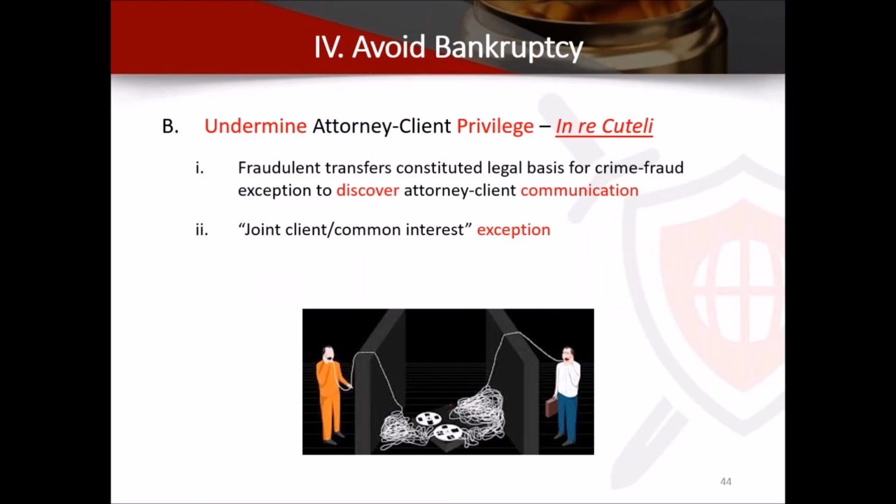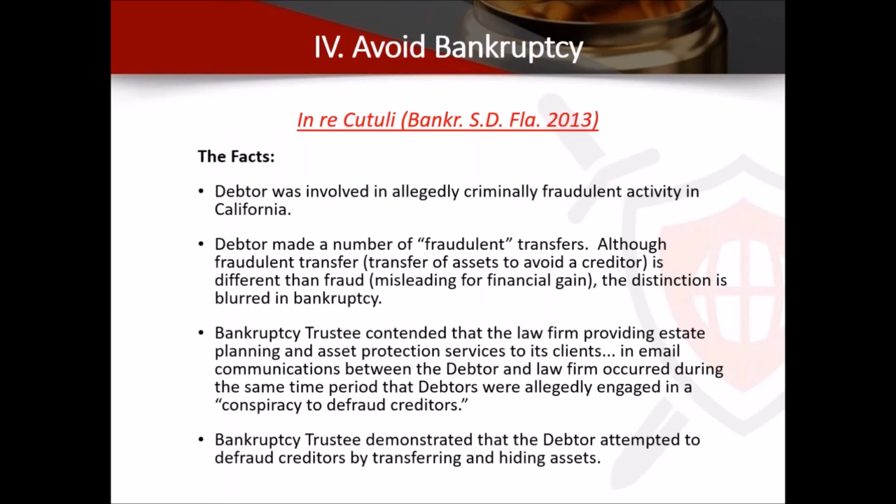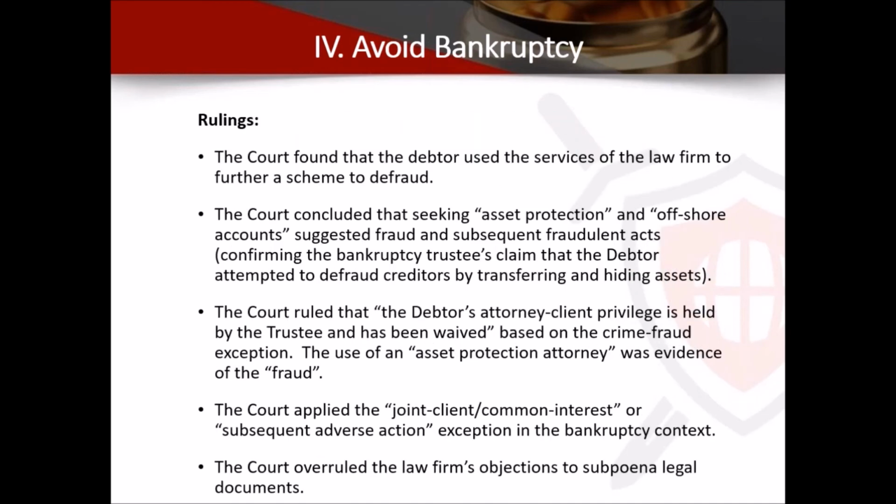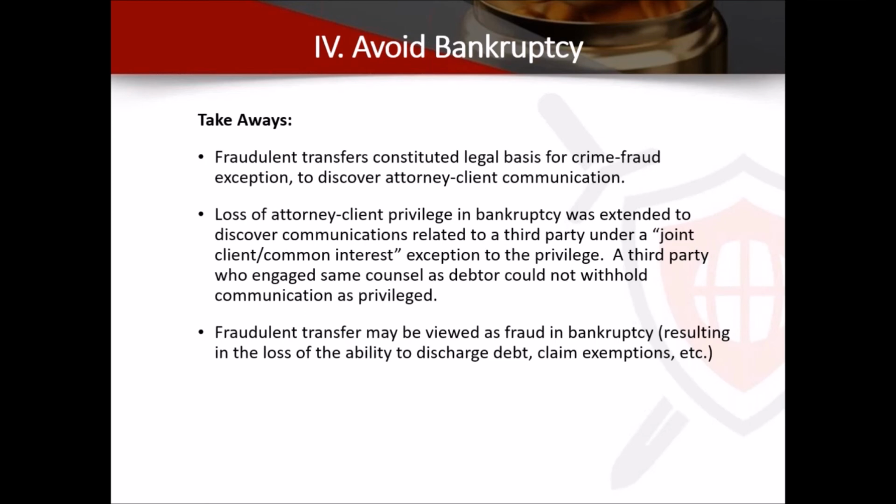I had mentioned in the Catulli case, if you do crimes, if you do fraudulent transfer, it can be viewed as fraud, and you can lose your attorney-client privilege. These were the facts. I'd gone through some of the facts of the Catulli case. They were basically criminals that moved assets. There was a third party that hired the same lawyer, and the court really focused on the fraudulent transfer being fraud, took the assets, didn't allow the discharge of indebtedness, and also removed the attorney-client privilege from them and the other party that used the same lawyer. I'm running through it because we hit those facts already.